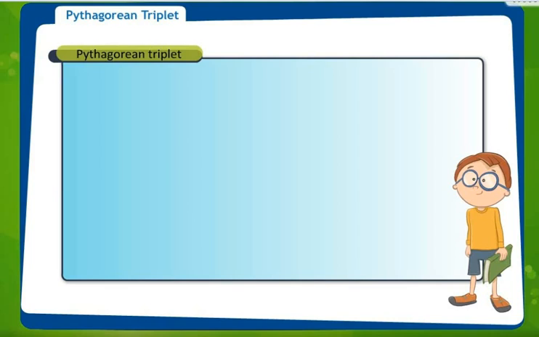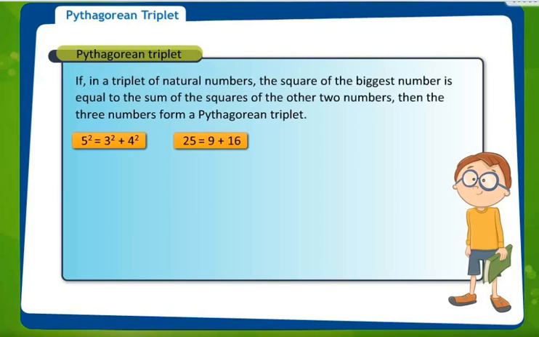First and foremost, we will revise what is Pythagoras theorem. Hypotenuse square is equal to side 1 square plus side 2 square. Now when we are about to apply the Pythagoras theorem, we have 3 factors involved in it. So now we are going to study Pythagorean triplet. Now we will have a set of 3 numbers.